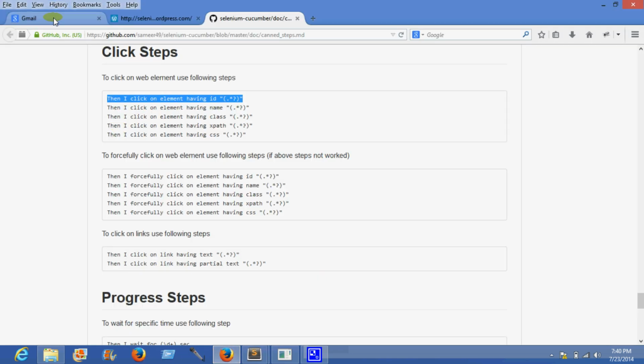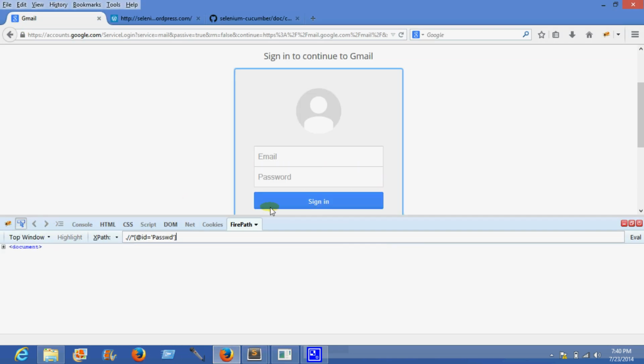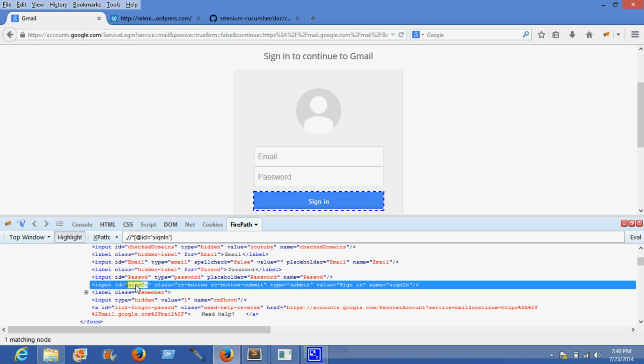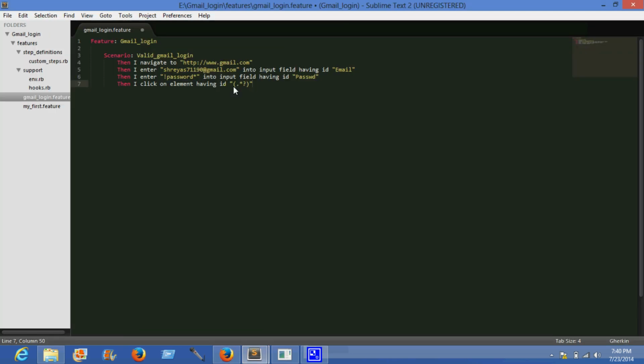So the ID of the sign in button, I copied this. I pasted here, and after clicking on sign in, it will take a few seconds to authenticate my credentials